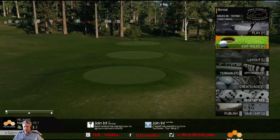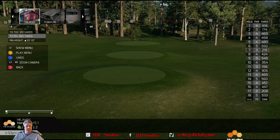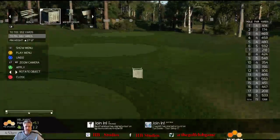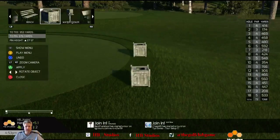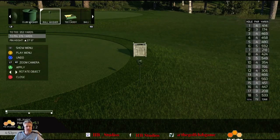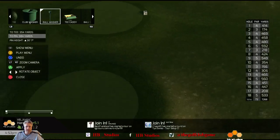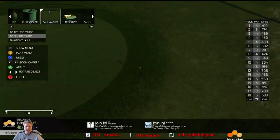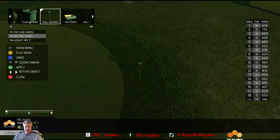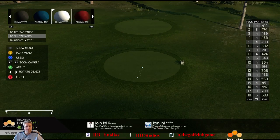So, and then I come in, these are my usual tee boxes. I like my little garbage can, put it out where you can see it. And then I add in equipment, depends on whichever one I'm using. Sometimes you can't always see the one, so I'll put one on each tee box. That's why I like to use kind of easier shapes, and then for this particular course,